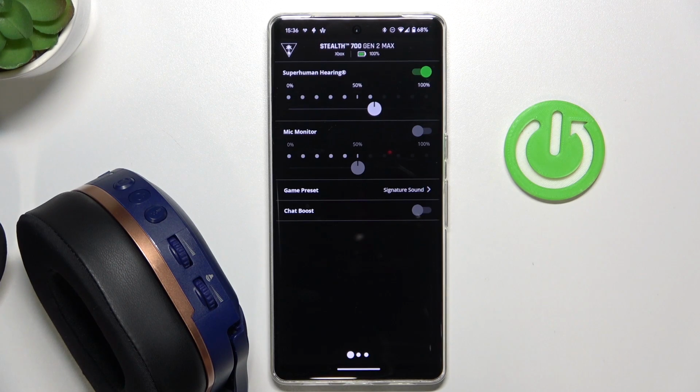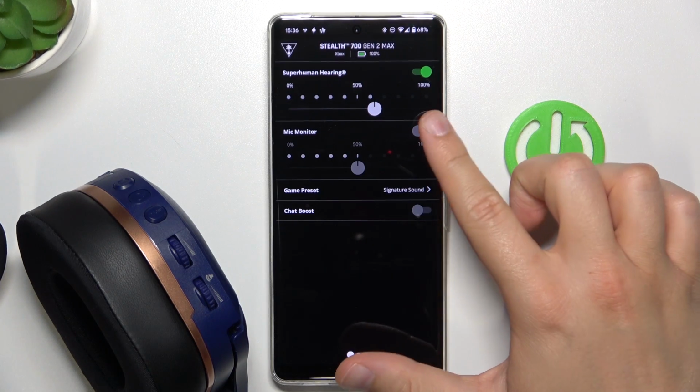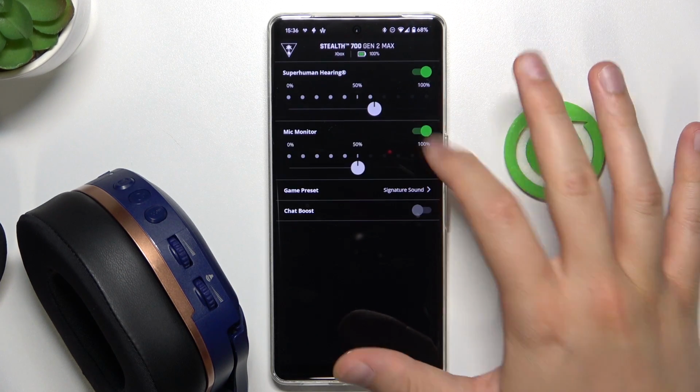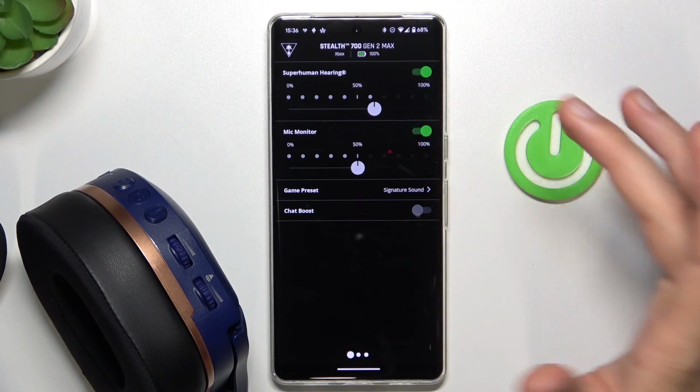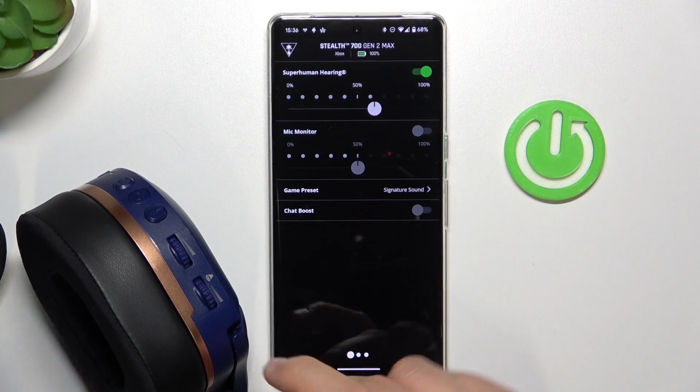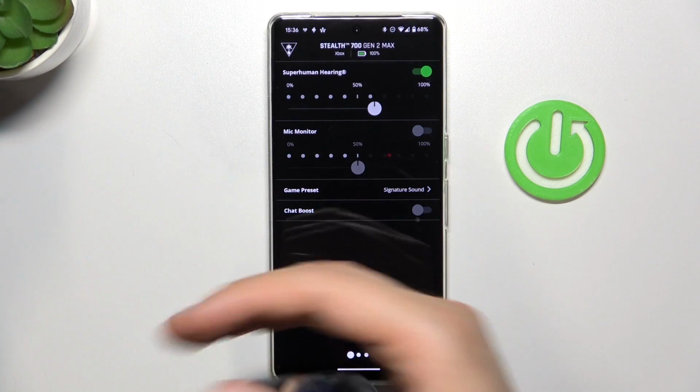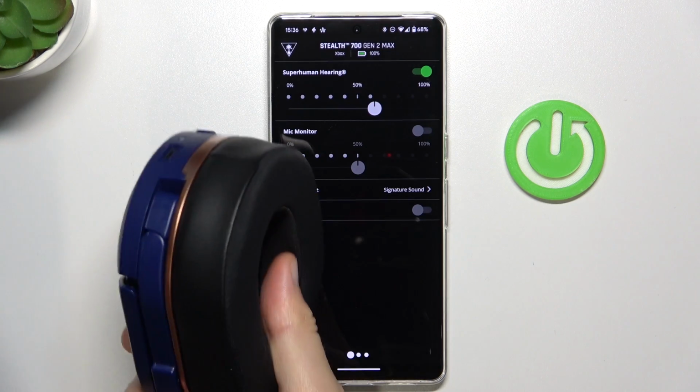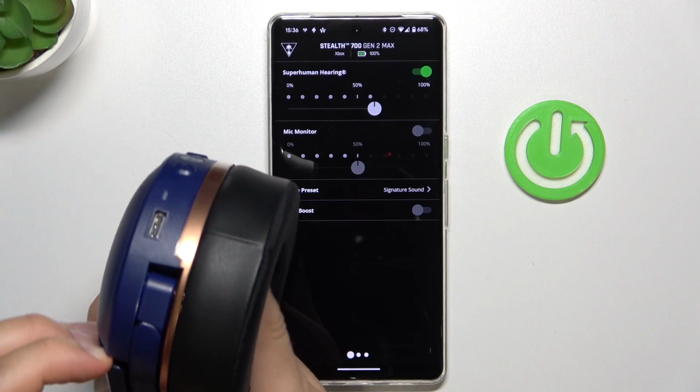So to do this in this application, we have to simply click on this button right here, and we can simply turn on or turn off this feature. And of course we have to open our microphone. By the way, it's located on the left headphone,